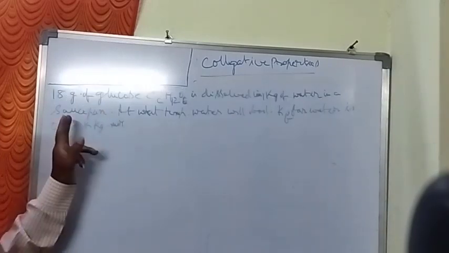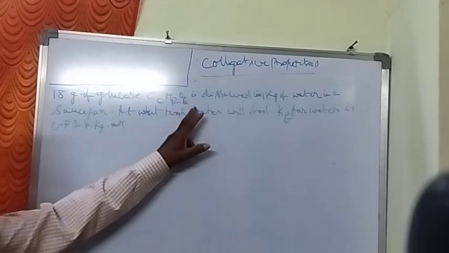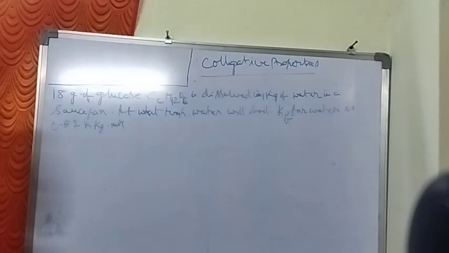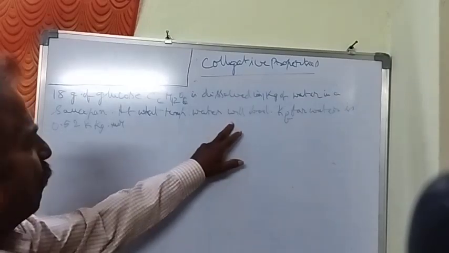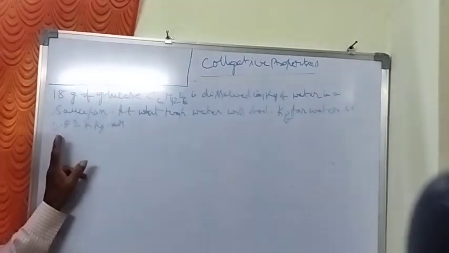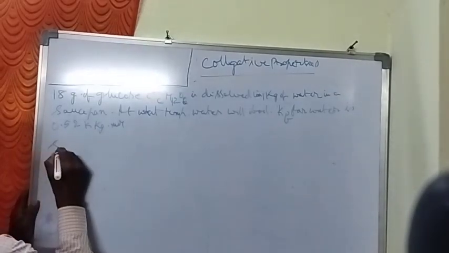Now let us do one more problem. 18 grams of glucose, formula C6H12O6, is dissolved in 1 kilogram of water in a saucepan. At what temperature will water boil, if Kb for water is 0.52 Kelvin kilogram per mole? So first of all, the solute is